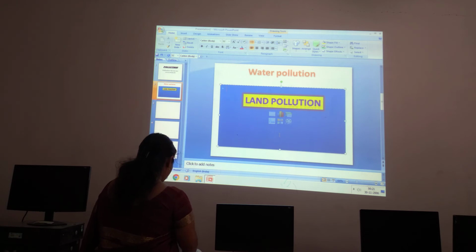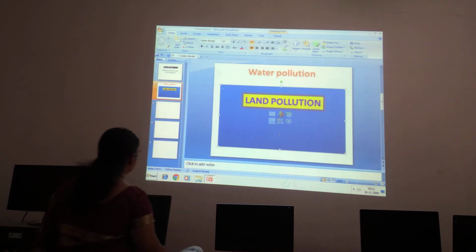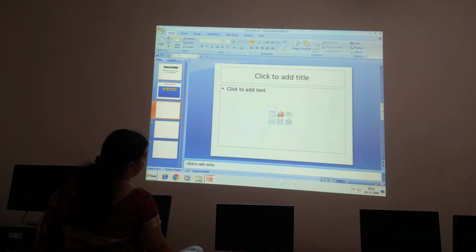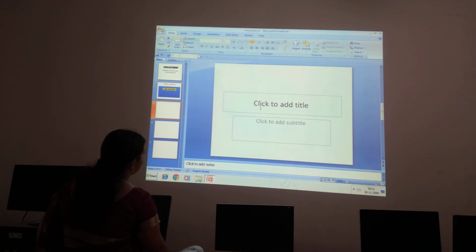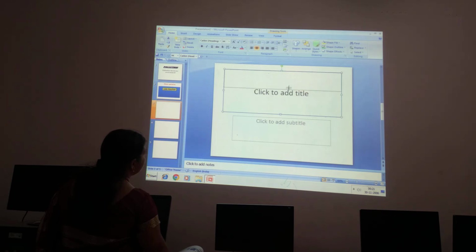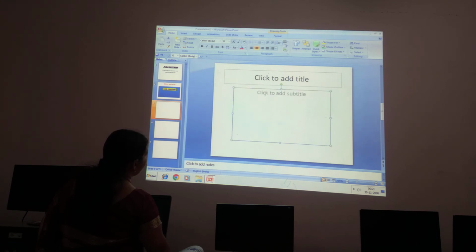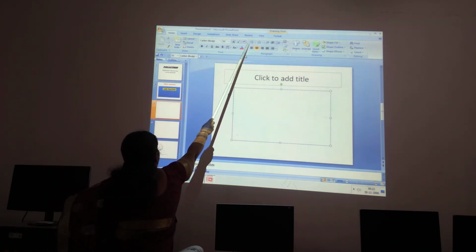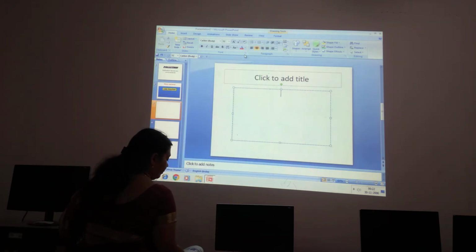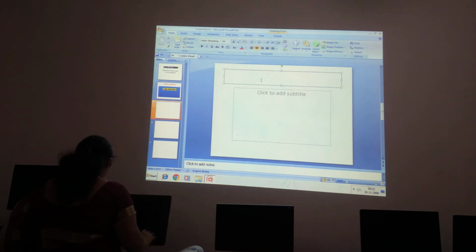Okay. The next one is bullets and numbering, children. So I am clicking on to the third slide, children. I will change the layout now. Okay. So here I will just move it up. You can design this page as you like, children. Whichever you want you can keep, otherwise if you don't want you can delete it, children. So here you observe, children, in the paragraph group you have the bullets and the numbering. Okay. So here we will type, types of pollution.